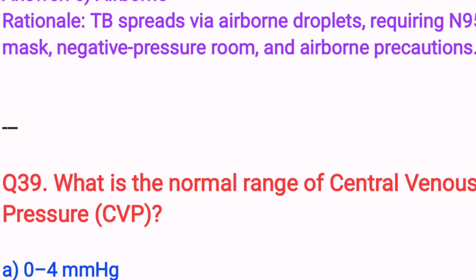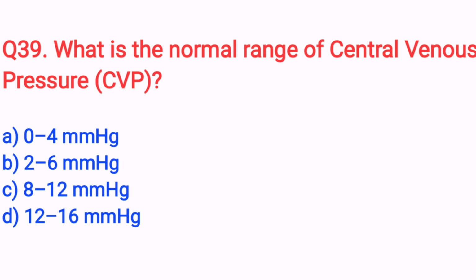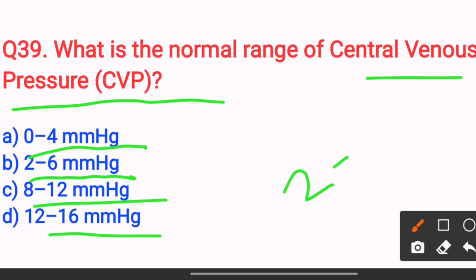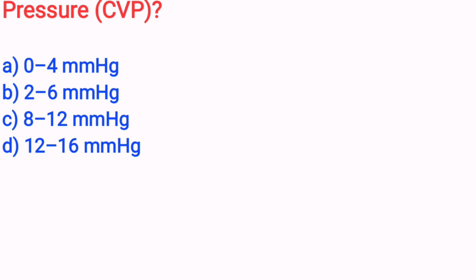Next, what is the normal range of central venous pressure? Option A, 0 to 4, option B, 2 to 6, option C, 8 to 12, option D, 12 to 16. The answer is option B, 2 to 6 mmHg. Next,